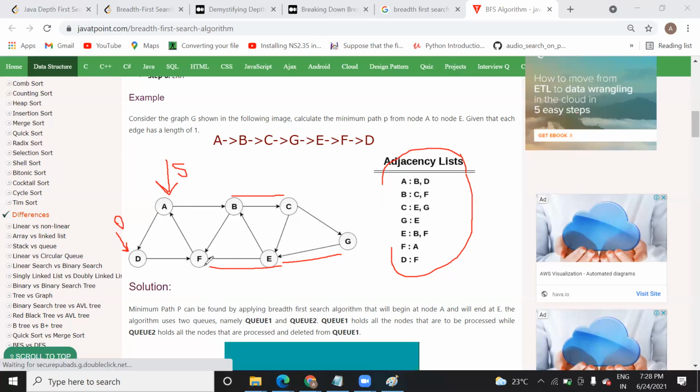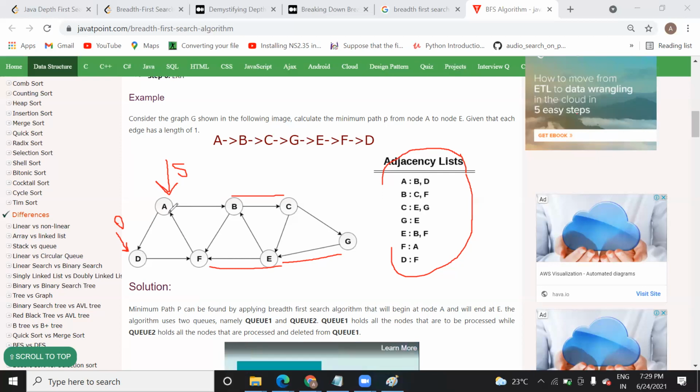B and F. B is already done. So you pop F. Now F is already popped. So which is connected to F? A. Now you are going to check A, but A is already popped before. So what is left to pop?